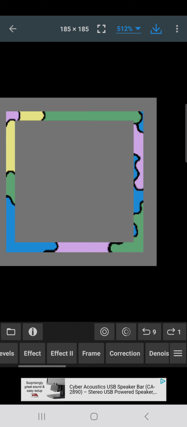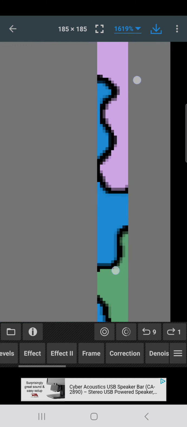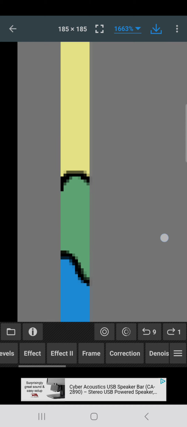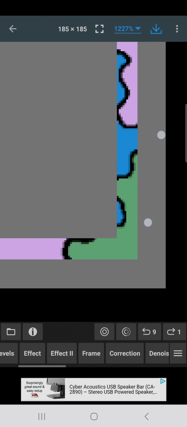Essentially, instead of a coordinate in a coordinate space, we use a texture inside of a narrow frame, a vector texture with 2